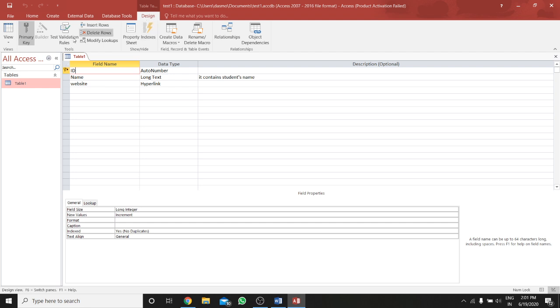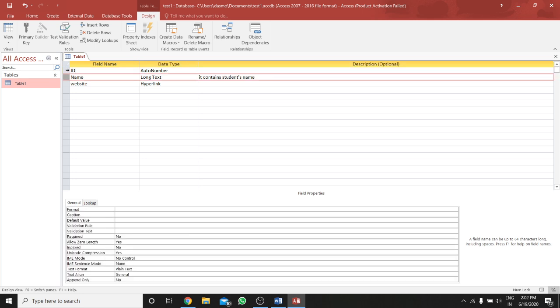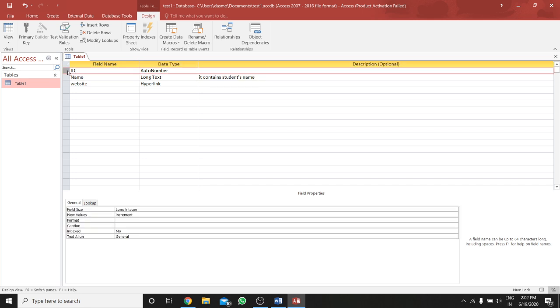Under the Design tab, under the Tools group, we have Primary Key. Right now there is no primary key. Say I want to have this ID as the primary key. I first select the field, then I click on the Design tab, and under the Tools group we find Primary Key.